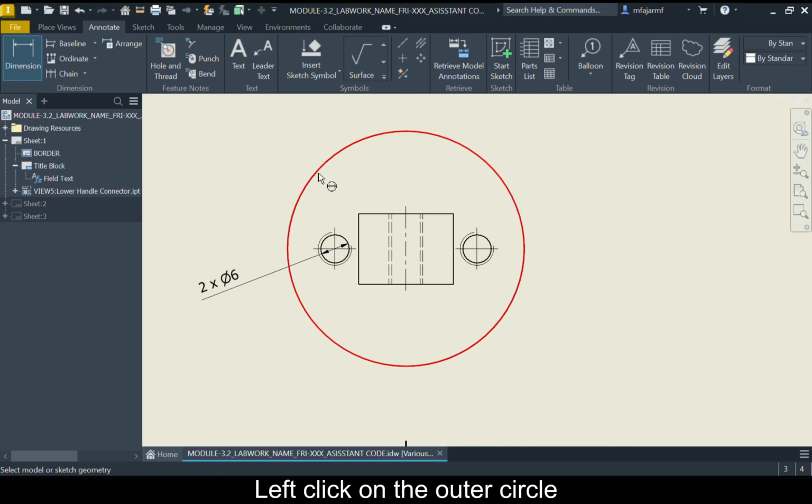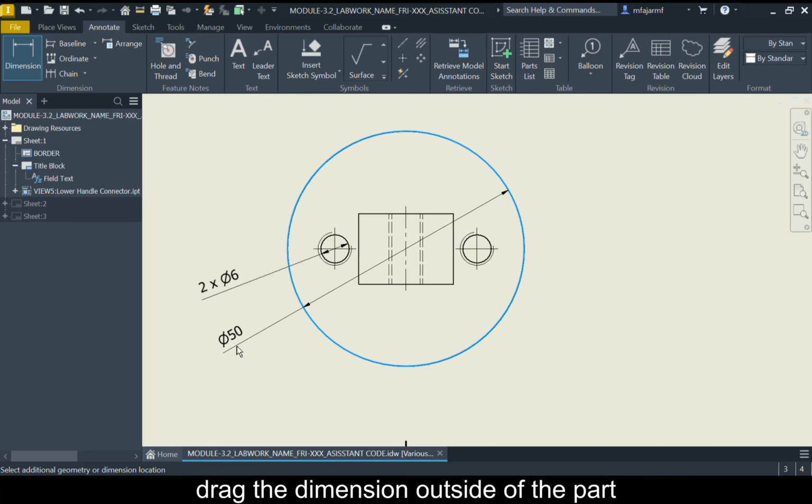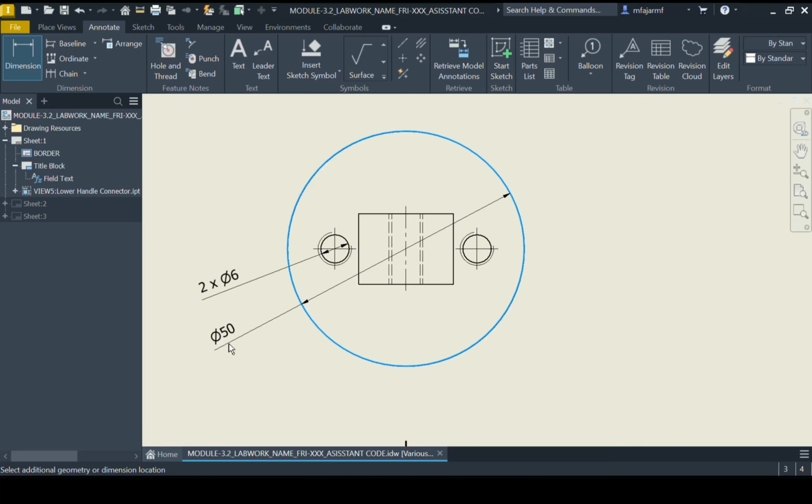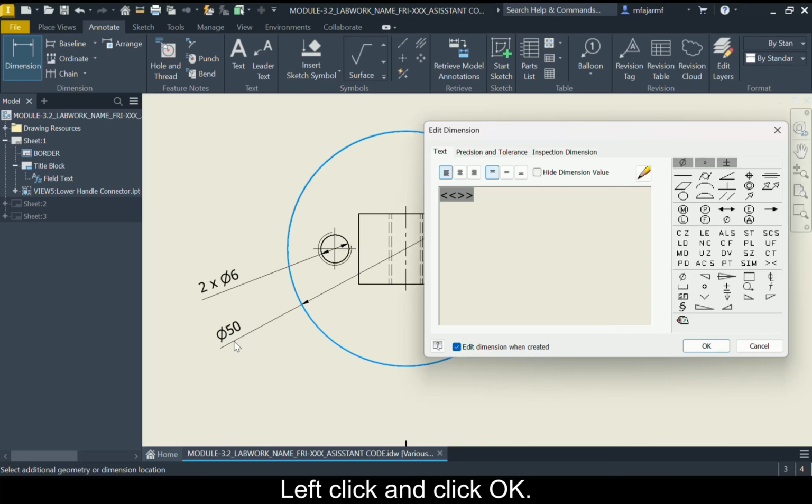Left-click on the outer circle, drag the dimension outside of the part. Left-click, and OK.